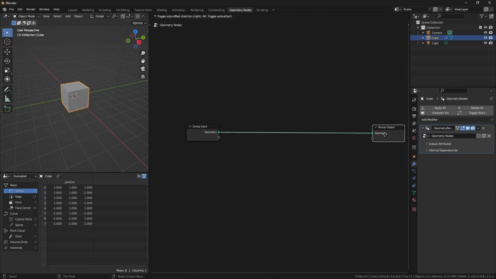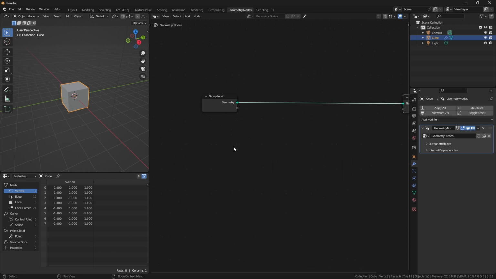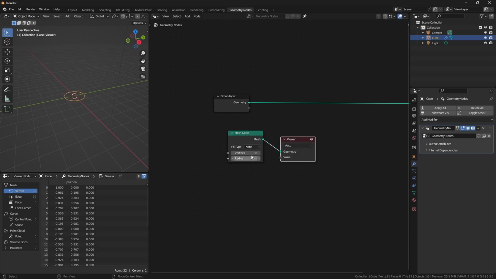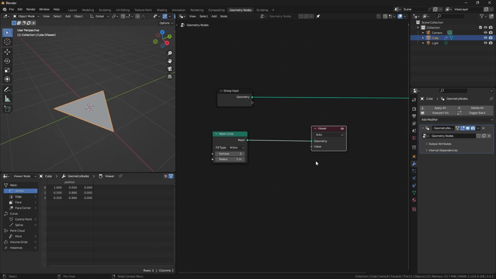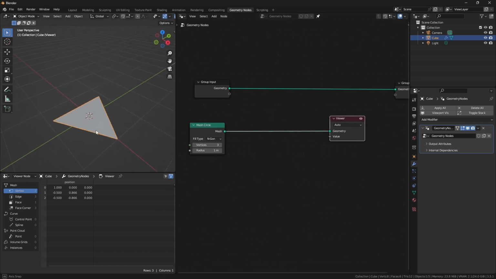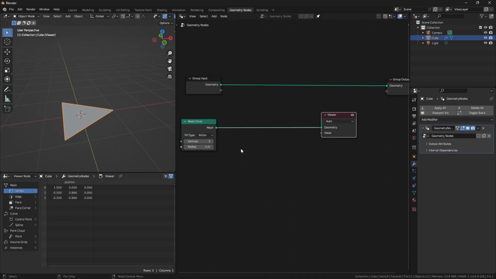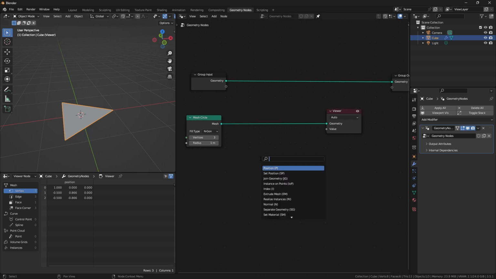pin that for this and let's create our base mesh. It will be a triangle, so we want a circle. It's easy, mesh circle, but with only 3 vertices with n-gon. We want to rotate this from the bottom of the triangle, so we must push this triangle to this axis, because now